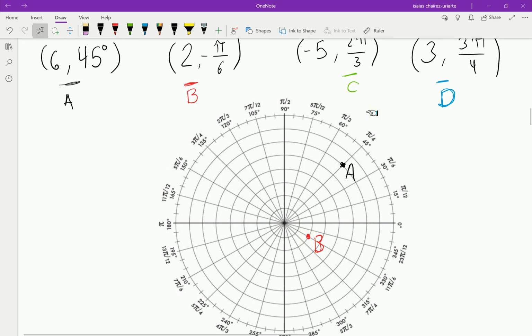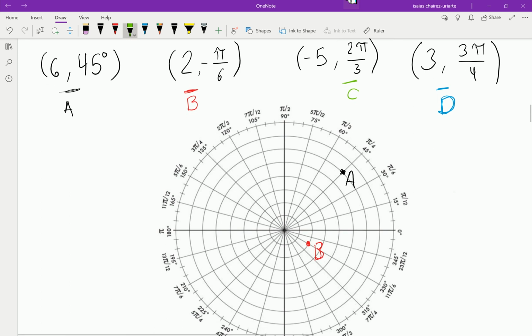Now let's think about this point C. Let's plot that point C: negative 5, 2 pi over 3. Let me first go negative 5. So I start at the pole. I go negative 5, so now I'm going to the left: 1, 2, 3, 4, 5. That's negative 5. And I have to rotate 2 pi over 3. And this is in the positive direction,